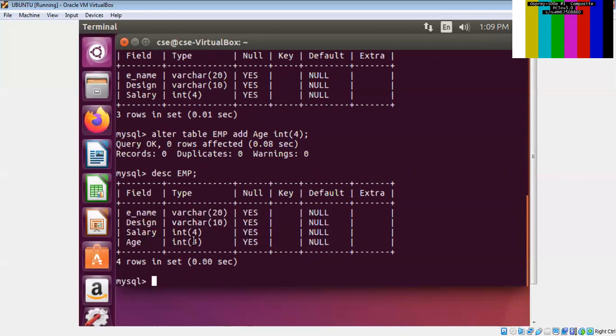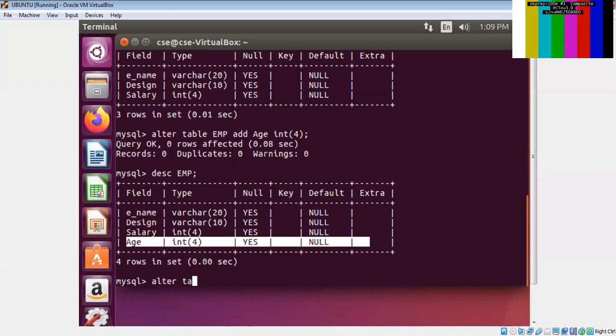Age, data type, and size. Suppose I want to modify the data type or size or name of the table. By using alter command, you can modify.